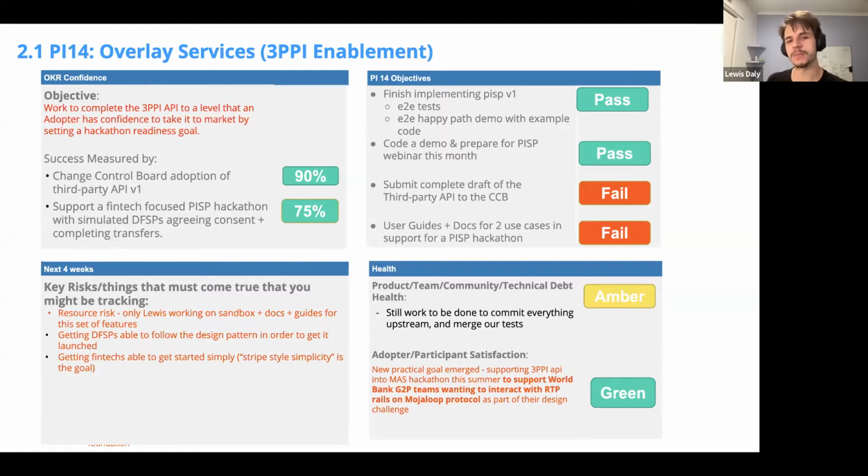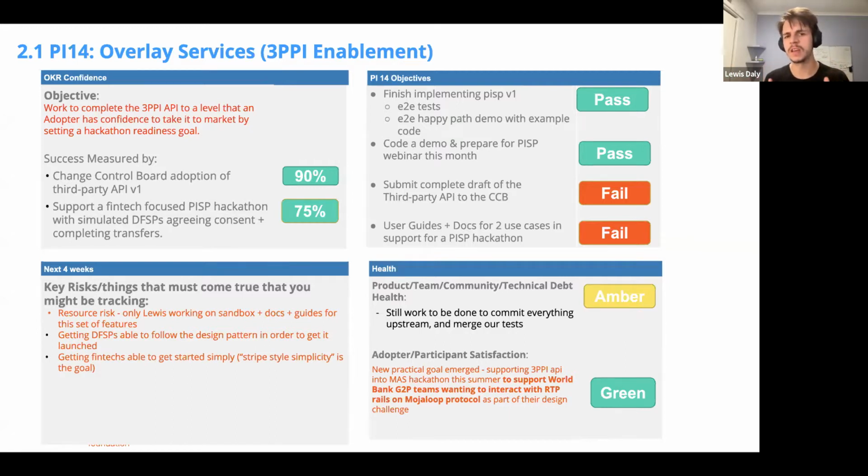We did not submit the complete draft of the third-party API to the CCP. And we didn't get user guides and documentation for 2 use cases. Our initial objective for the PI was actually to deliver user guides and documentation for 4 different use cases.